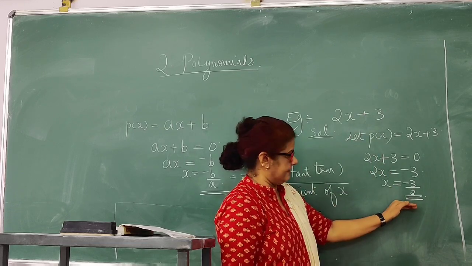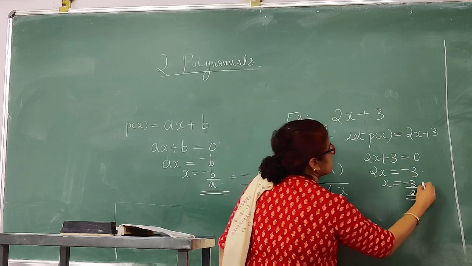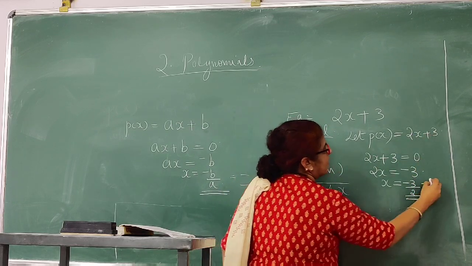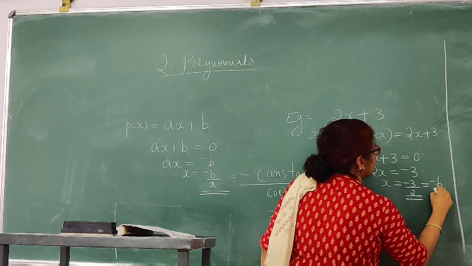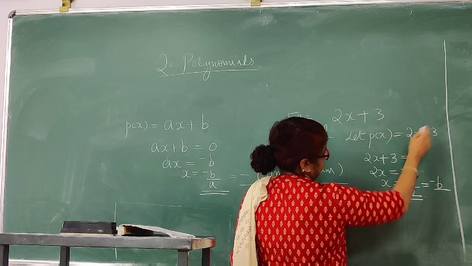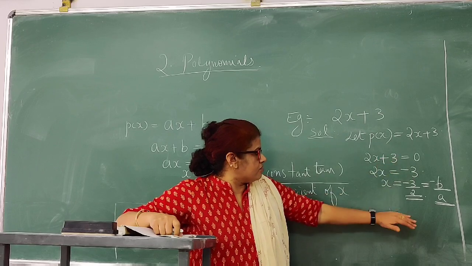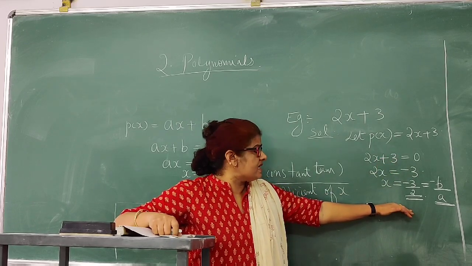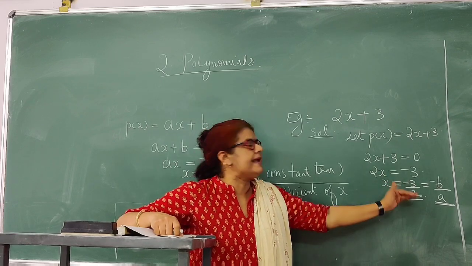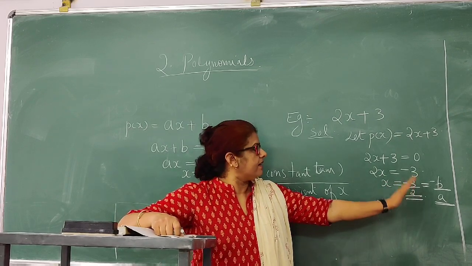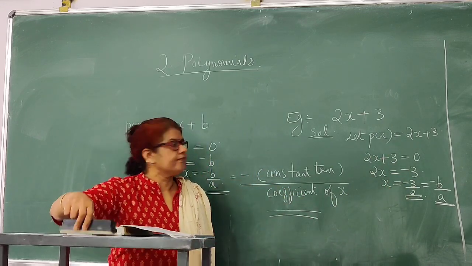Then how to verify this with the coefficients? That is, here it is equal to minus 3, which means minus of the constant term. Is it? Minus b by a. This is of the form ax plus b. Hence verified. And your question will be like this: find the zero and verify the relationship between the zero and the coefficients. And this is about a linear polynomial. Next,